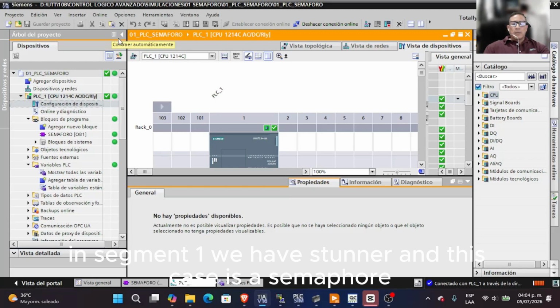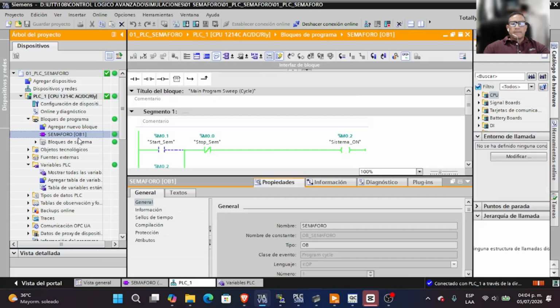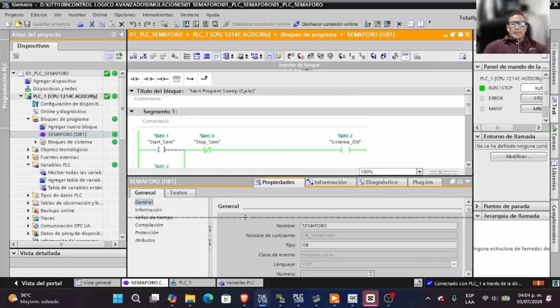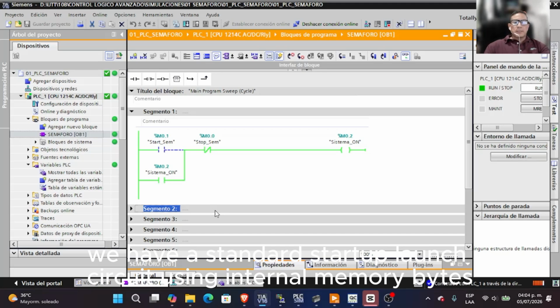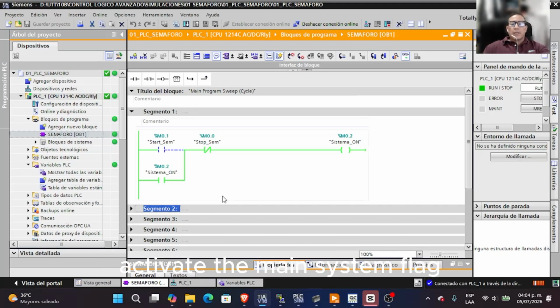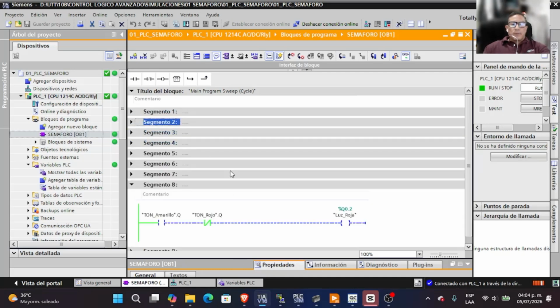In segment 1, we have a standard startup launch circuit using internal memory bytes to activate the main system flag. This is the semaphore. And from segment 2 down,